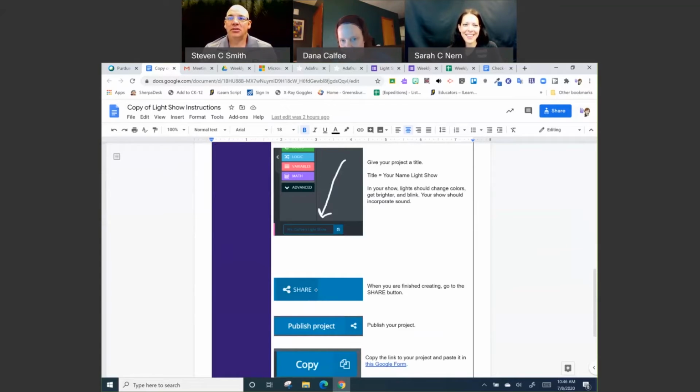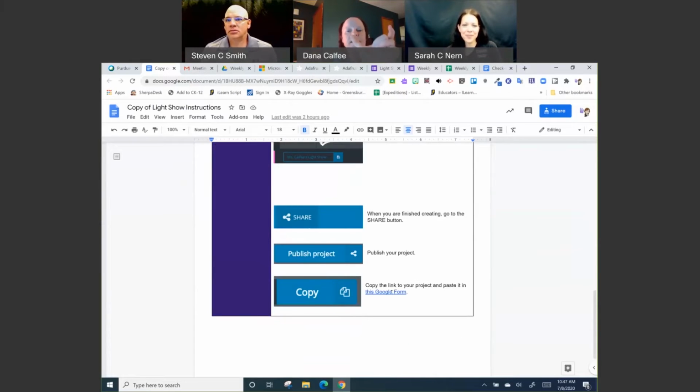You can share a link from a MakeCode project. It creates a shareable link. So I had them publish their projects and then turn that link in on a Google form so that I could have them all in one place. Okay. So yeah, really enjoyed